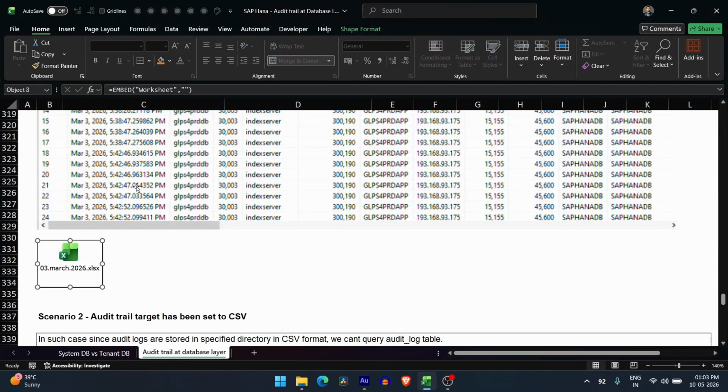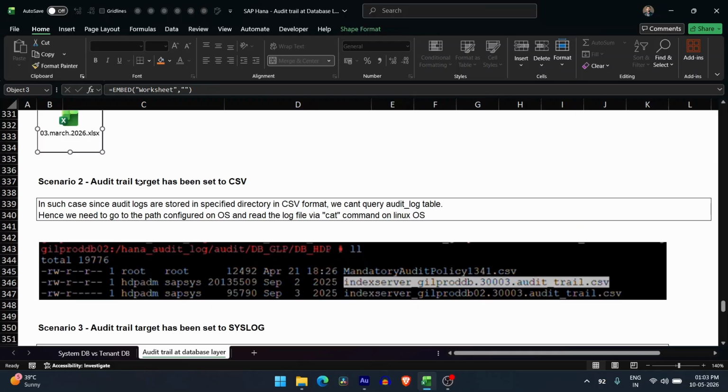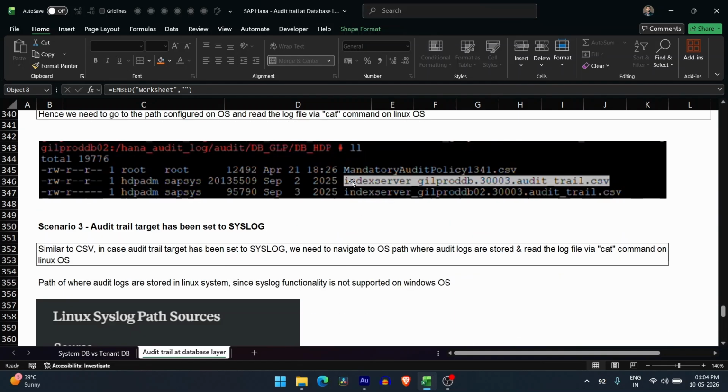We can now move to scenario number 2. In scenario number 2, it has been set to CSV. As I mentioned earlier, we can't query the audit_log table. So we need to go to the particular configured directory and look for the CSV files, and you can use the cat command. As you can see here, there is this CSV file. You can see there is another file because in this particular scenario there was a migration. As a result, there are 2 audit logs. So you can use the cat command to read the audit logs and check the logs for the activity done